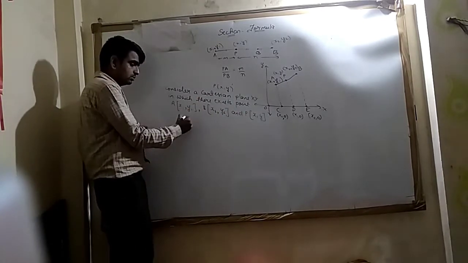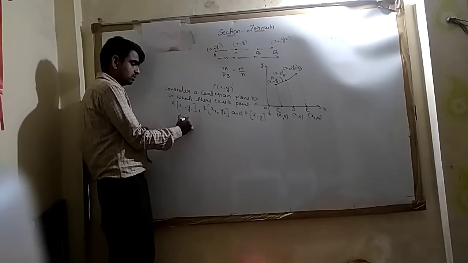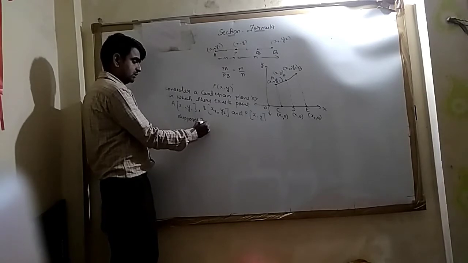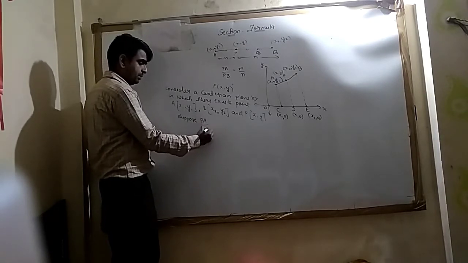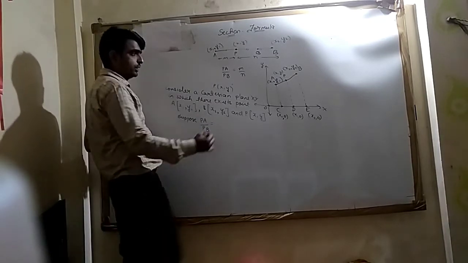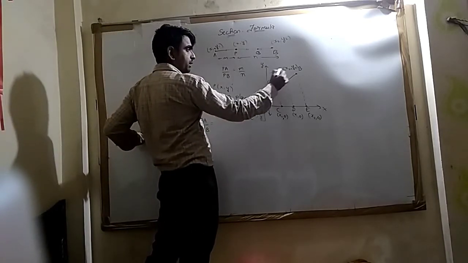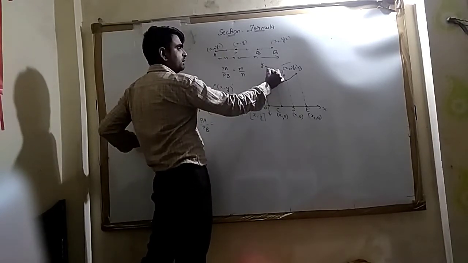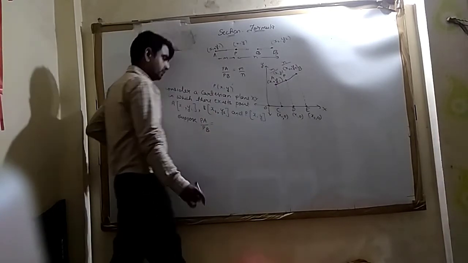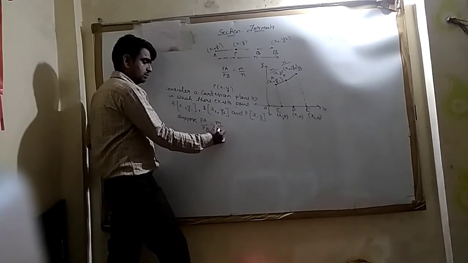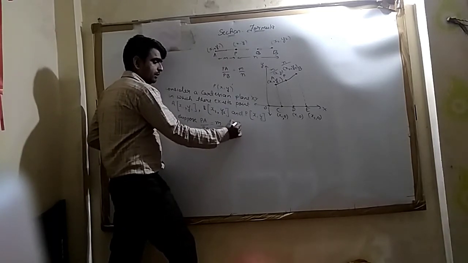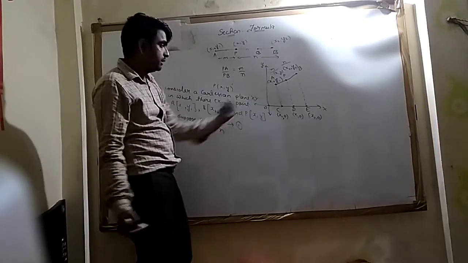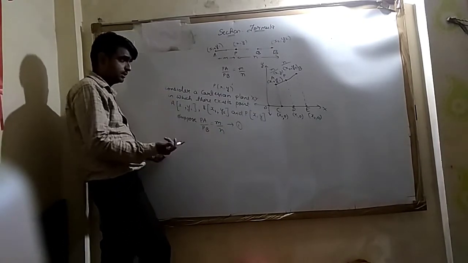Now suppose PA upon PB. I am taking some ratio here. Okay, this is PA and this is PB, like this. So let the ratio be m by n. Let this be equation first. Okay, now what we have done after that,